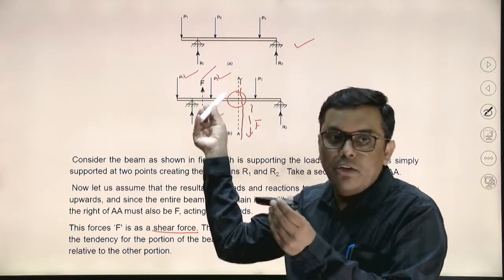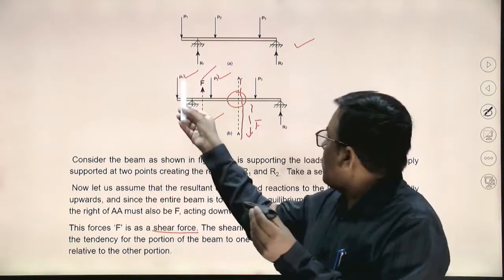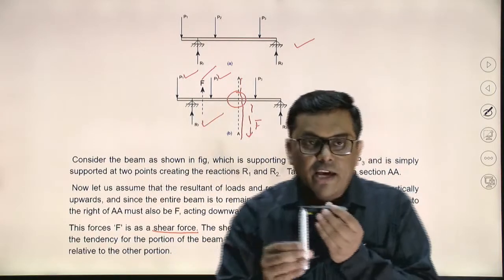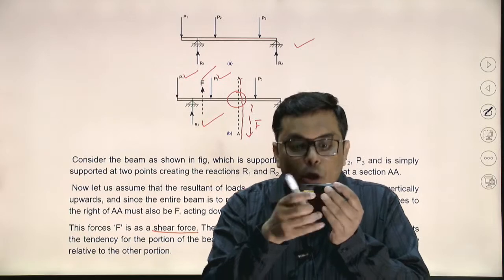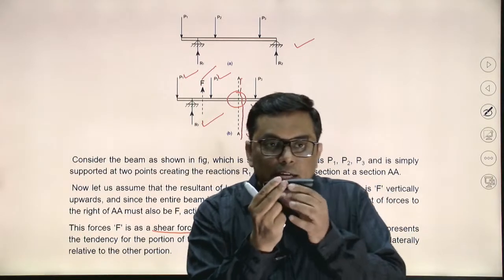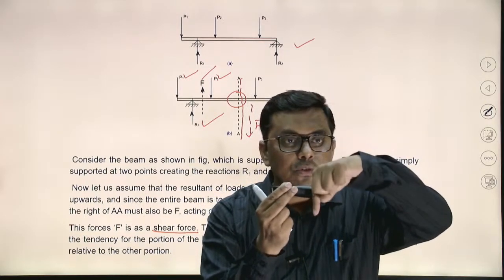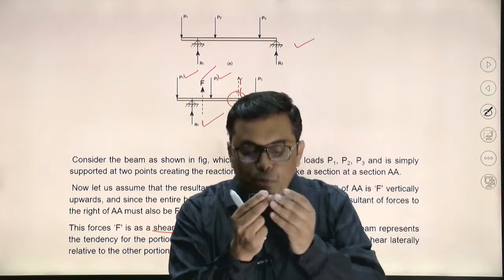Will it be equal or not? Let's assume the algebraic sum of P1, P2 and R1 is F, perpendicularly upward. Obviously I am talking about the equilibrium of the beam. So on the other side also there will be a downward force. There must be a downward force. Both these forces